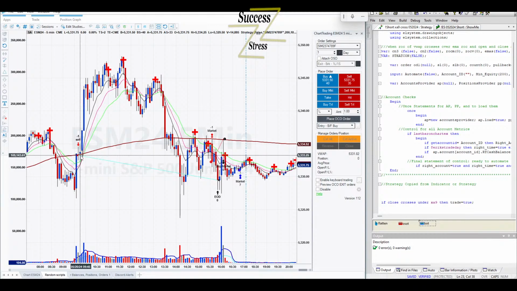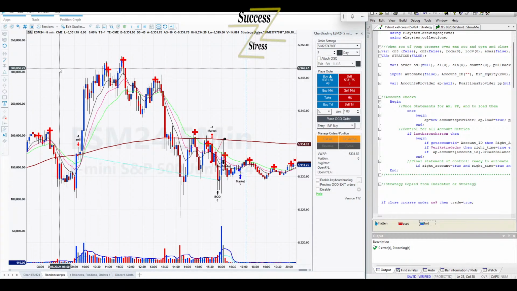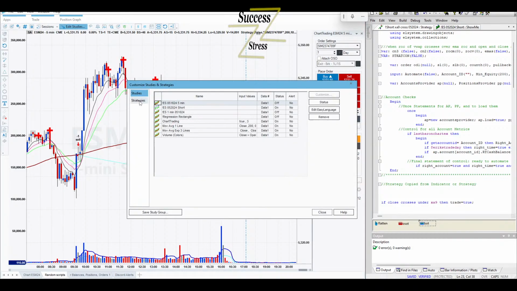From here, 333 down to here, 324 is what? That's almost 10 ticks. 9 points, excuse me. So it's 9 times 4, 36 ticks. So I bet the number is more than 36.